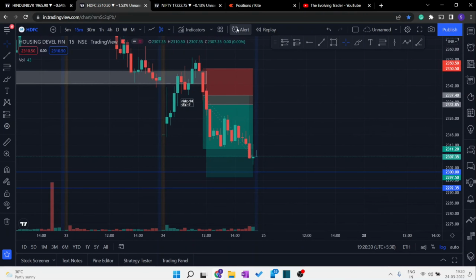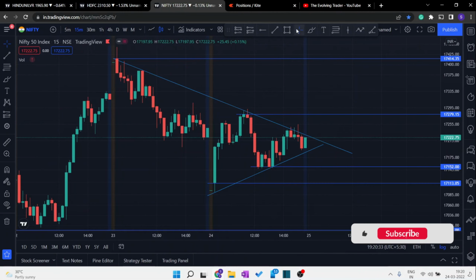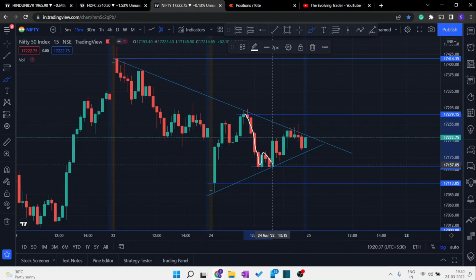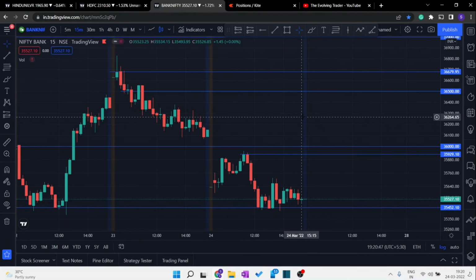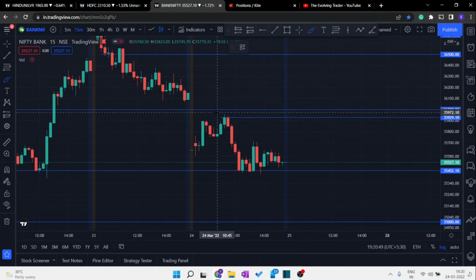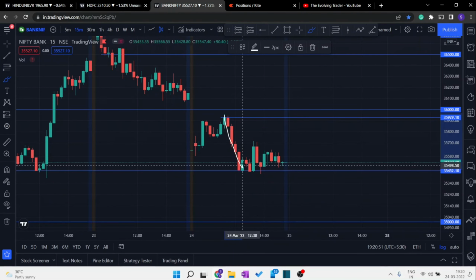The thing which happened that made it hesitate to move: this selling came fast, but here was a key level. It formed a W pattern and created volatility, and again came down. And if you can see the same thing on Bank Nifty, it again came for a sell, a good W pattern formed, a very strong buying candle, again a selling candle, and volatility